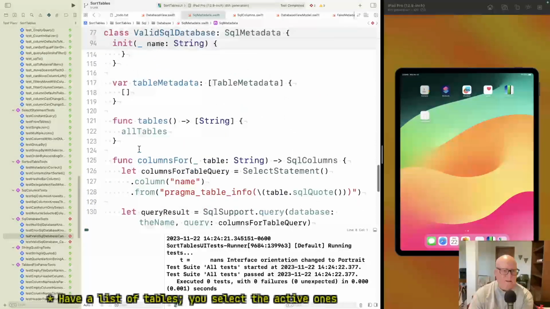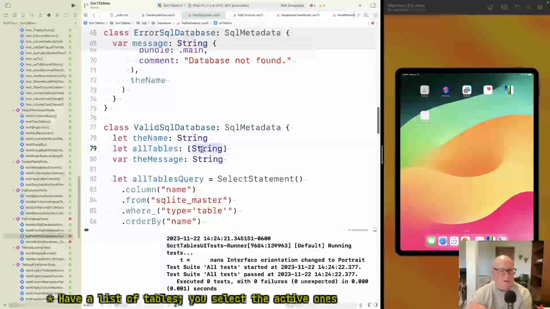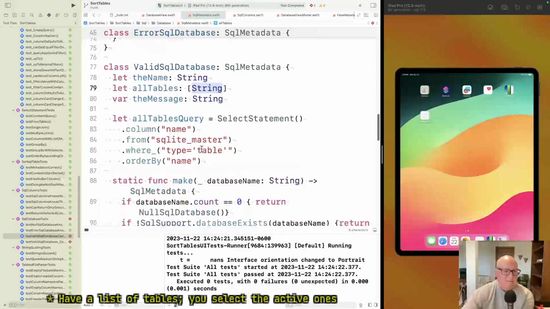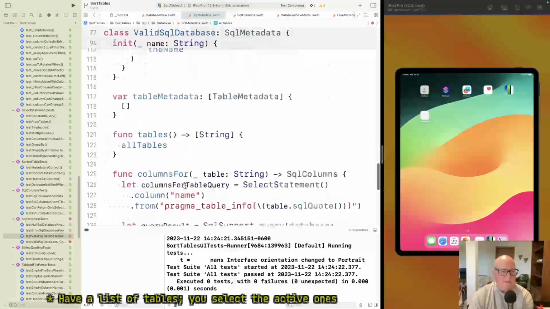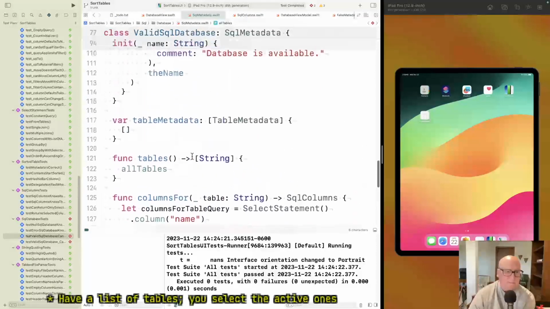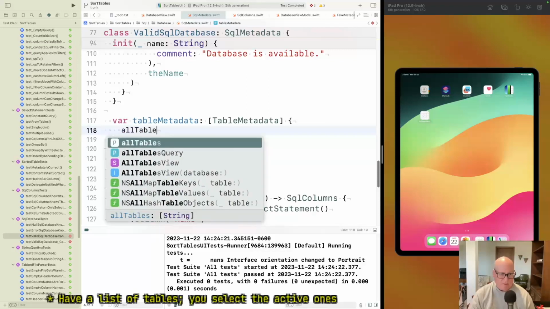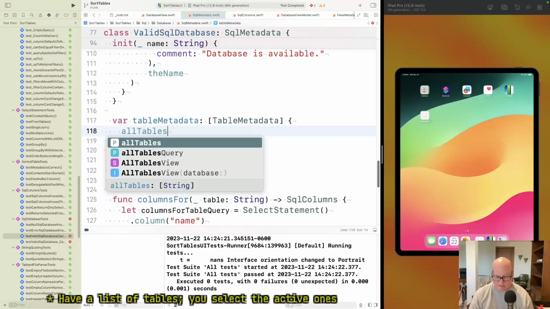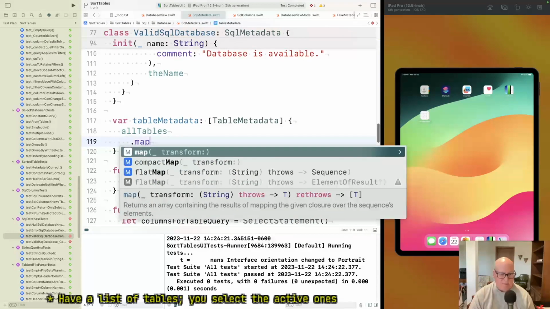Okay. But we can get it from tables. All tables is array of string. Okay. And this is column name. Okay. So, well, let's take all tables. All right, that gives us the name for each table. Dot map to